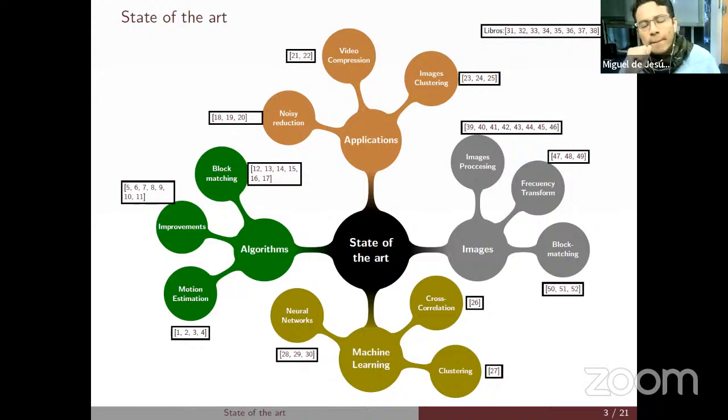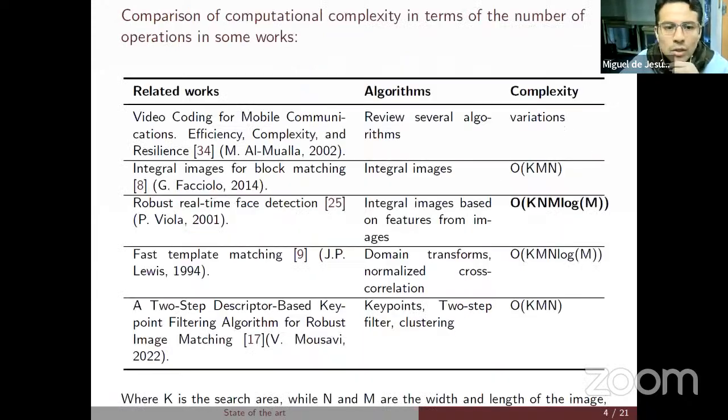The second is certain features that we can abstract from the test images. And of course, the machine learning approach in order to find these patterns inside of certain images. And the last, what kind of algorithms can be improved or could be implemented in this kind of research. So in this general state of the work, there are related works that have been published, and this is